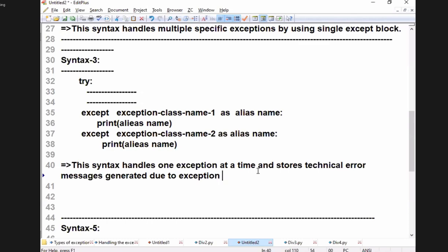Exception occurrence. I will show you that. Whenever I show the program, you will understand.